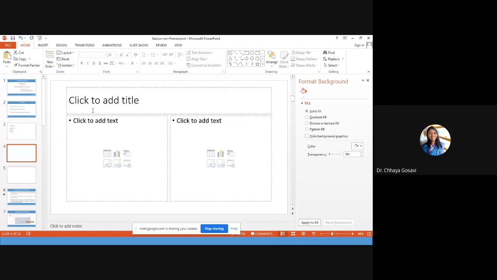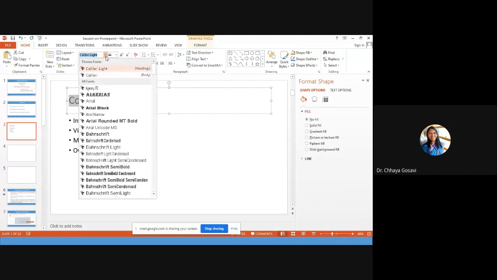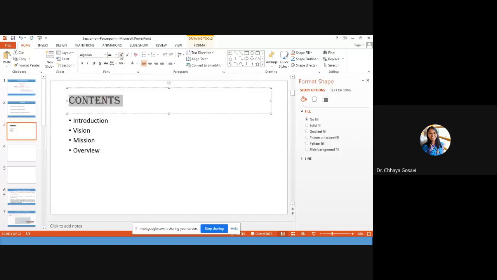format. Then if you add something and click here, this group becomes visible. Here you can change the font of your choice. Then you can increase the font or decrease the font. Then you can make it bold, italic, underline, or shaded. Then strikethrough. This is if you want sentence case or lowercase, uppercase, extra fonts are there.